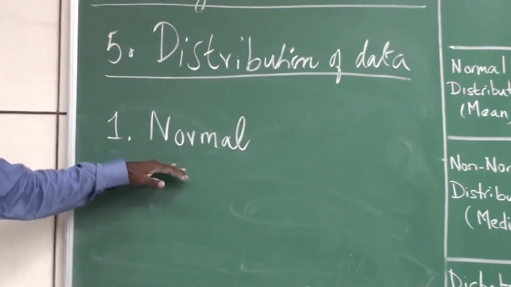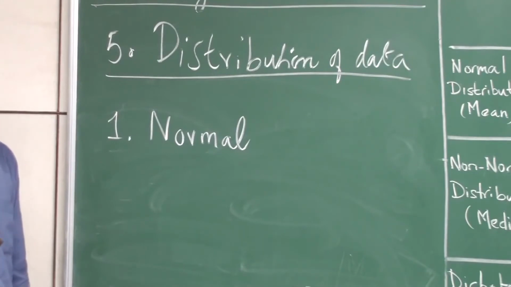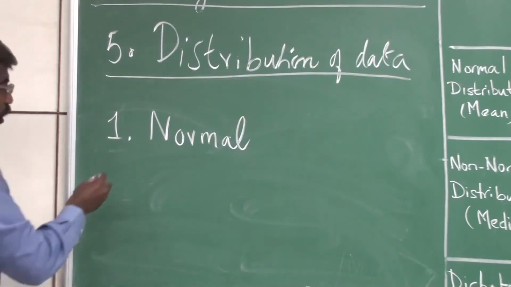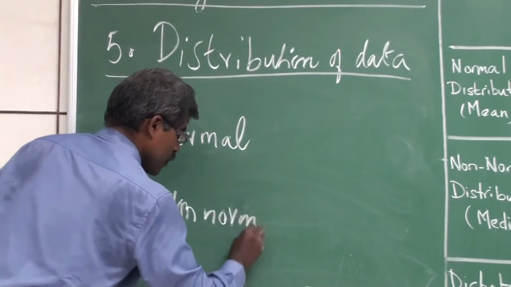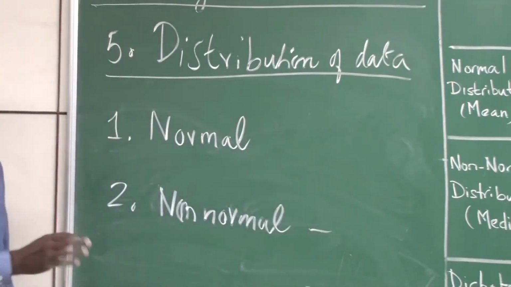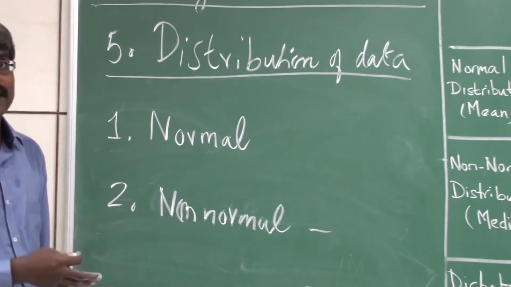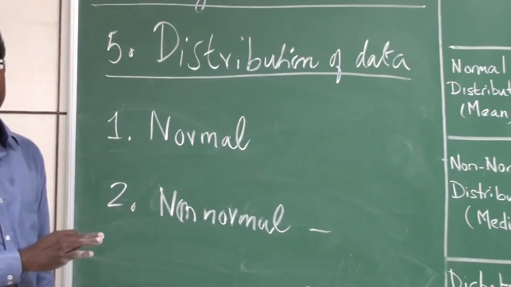Again, we have seen the rule of thumb. All body parameters follow normal distribution except a very few like antibody titer. So bodily parameters like body weight, blood pressure, glucose, cholesterol level, all these things are classical examples. Or does it follow non-normal distribution? Classical examples of non-normal distribution we have already seen. Any parameter measured as ranks or scores usually does not follow normal distribution.